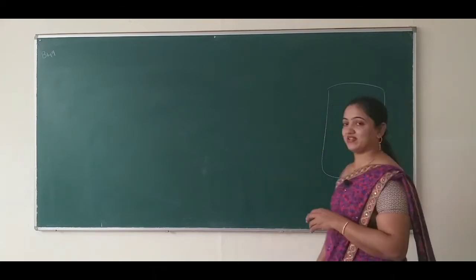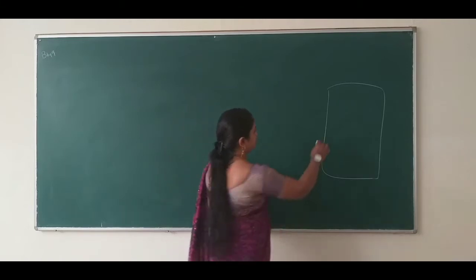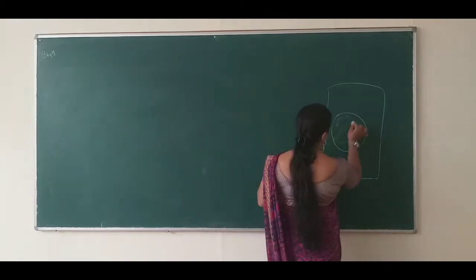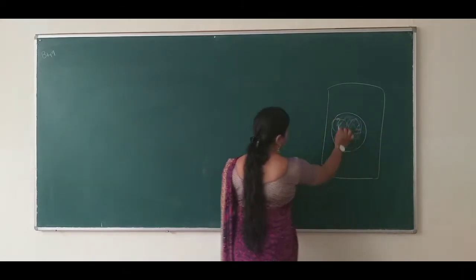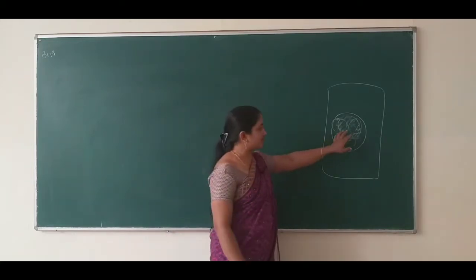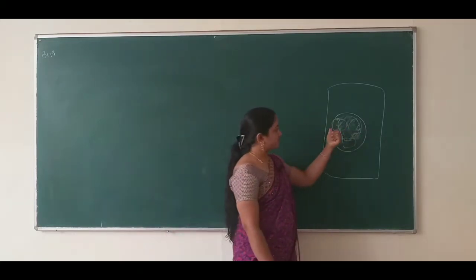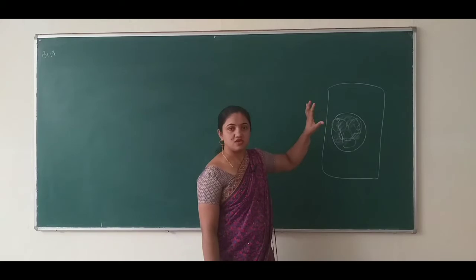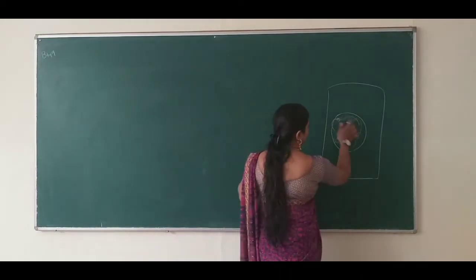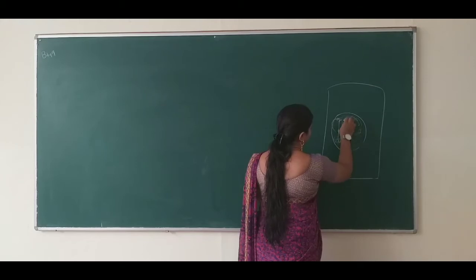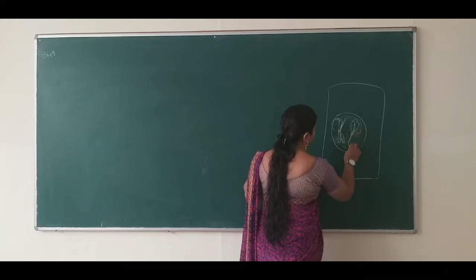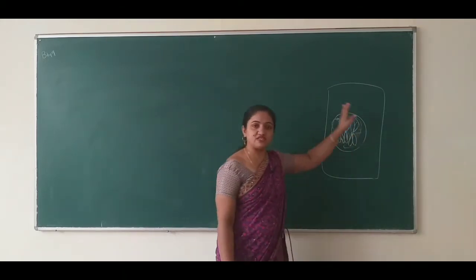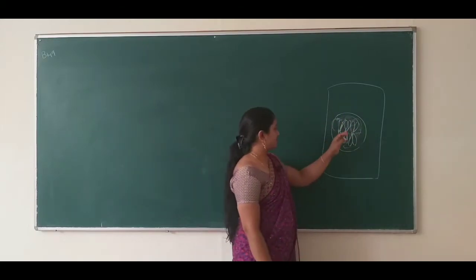So we studied about the nucleus, right? In class 11 itself, the cell and the nucleus. In the nucleus, a thread-like structure is present. It is nothing but DNA. Before going to the DNA, I would like to tell about this. This is nothing but chromatid fibers. So at cell division, they come to an exact position or exact shape. So those are nothing but chromosomes. We finished all these concepts in class 11 itself, right?